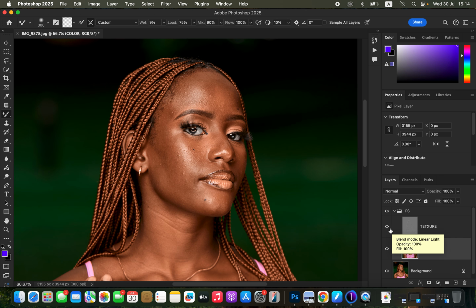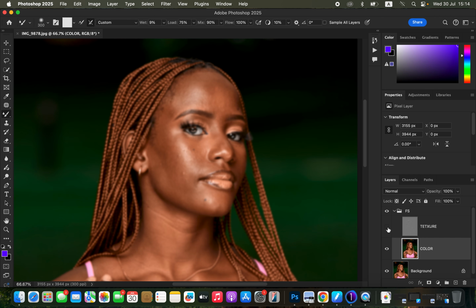After that, we're just going to come to the texture layer and turn it off. The reason for turning off the texture layer is because we don't want any kind of distraction as you're trying to blend the skin color transitions. And the other thing you have to do whenever you're using the Mixer Brush